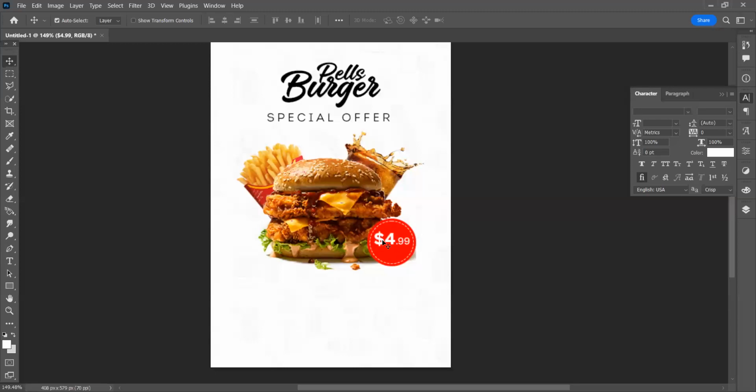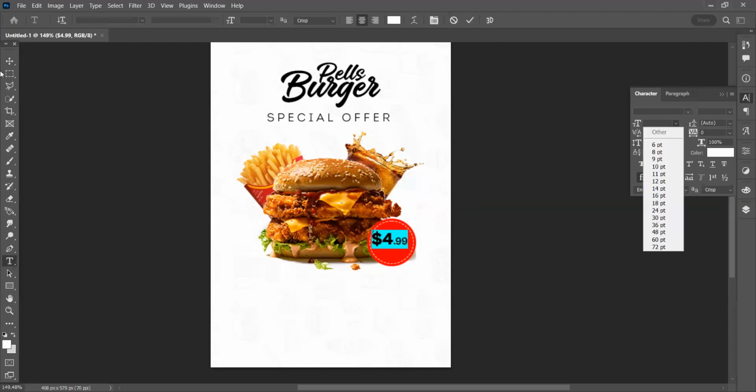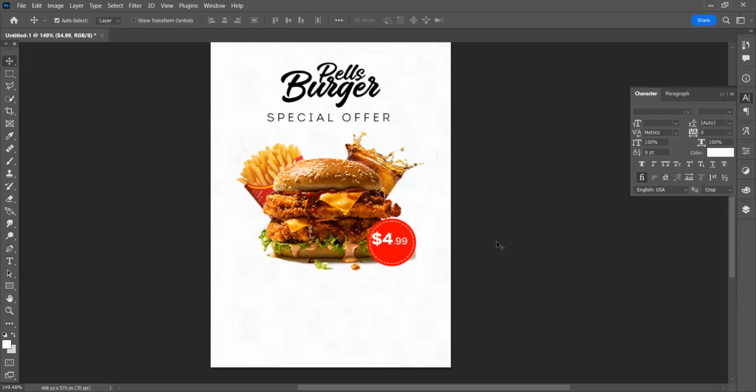But because I also want to reduce the size, both of them now have different sizes. It will be difficult for me to use this guy to change the size because they are of different sizes. How many of us understand what I'm trying to say? Because they are not the same size, I cannot highlight the two and change the font size. It will work, but both of them will end up with the same size, which is not what I want.